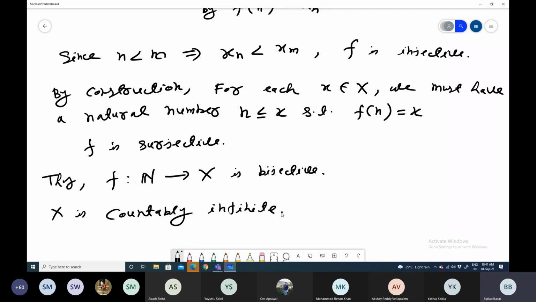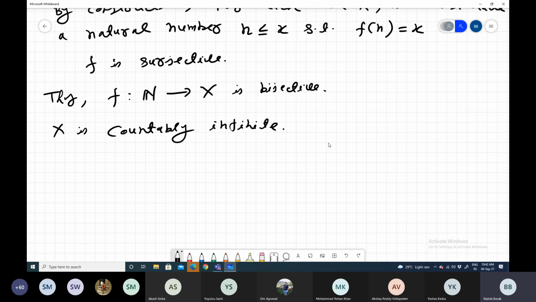Now we will see that actually we do not need a bijection because a bijection is a difficult task to find, right? Suppose you want to show that a set is countable or maybe countably infinite, then always to find a bijection is a difficult job, right? So we can reduce this a little bit. So now we will prove that it is sufficient to find a surjective map from the natural numbers to X. Now the next result says that